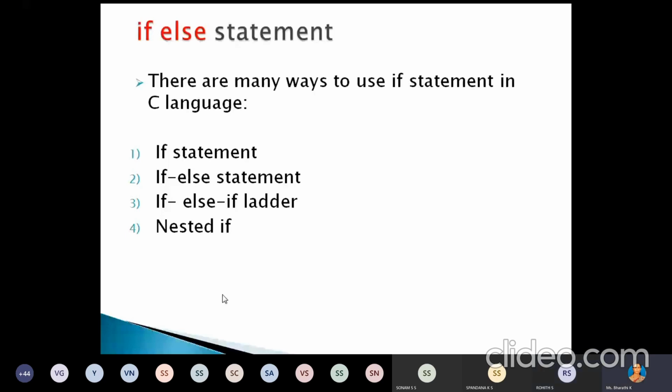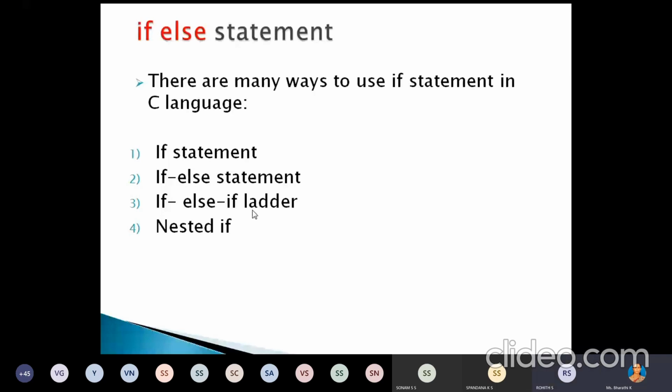Suppose you want to execute the statement only if the condition is true, or only if the condition is false, then we can go for the if statement. Under that, we have different types: if statement, if else statement, if else if ladder, and the nested if statement.